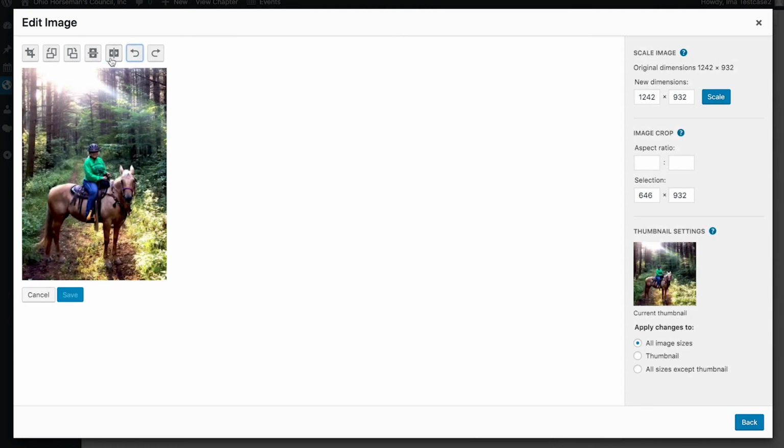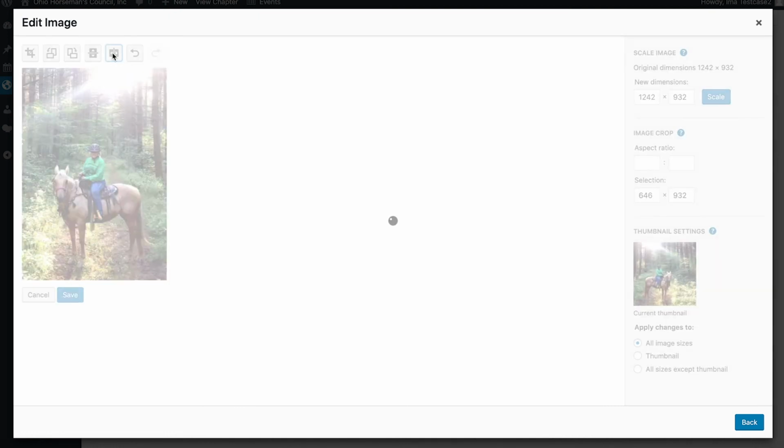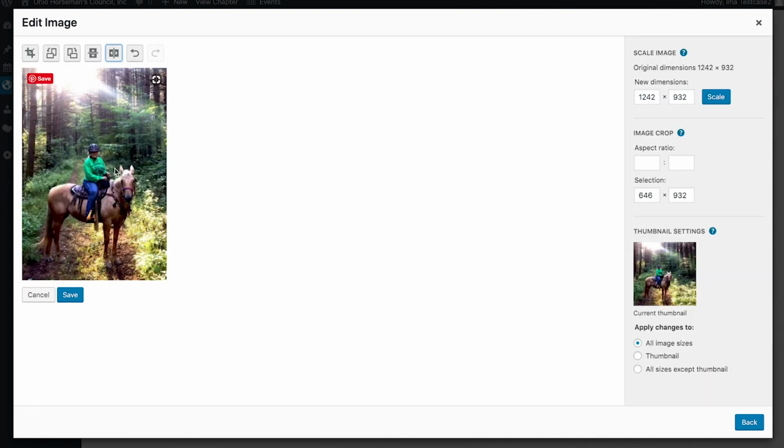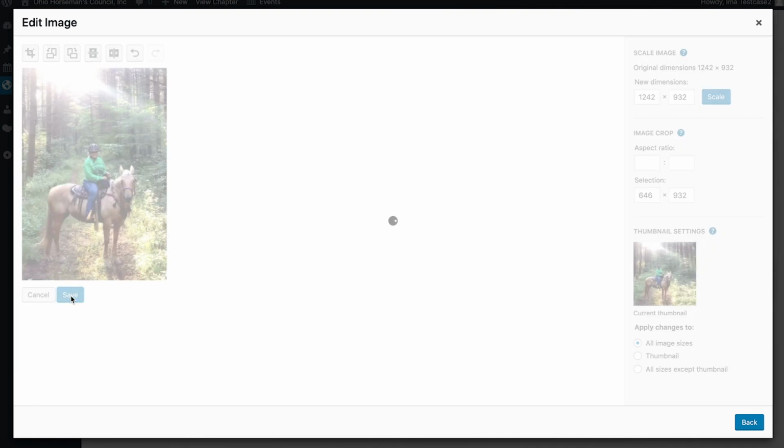The next two buttons flip things horizontally and vertically. So if I wanted the horse to be facing to the left instead of the right, I could click Flip Horizontal. And now you can see that the horse is facing the other way. However, I want it to face back the way it was, so I can either click Undo or click this button again. So now I'll click the Save button,